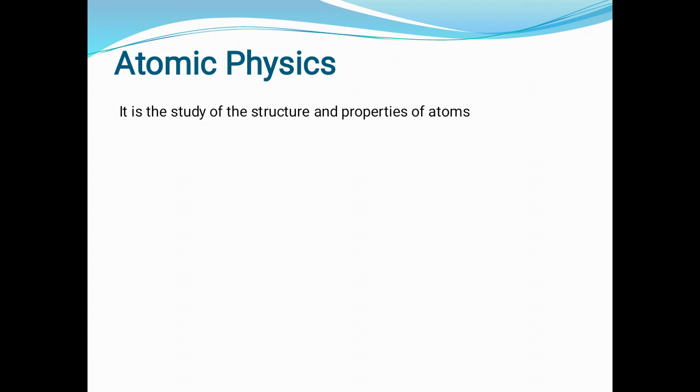Atomic physics. Atomic physics is one of the branches of physics, as you know. It is defined as the study of the structure and properties of atoms. Dear students, the atom is the basic building block of all matter. It is the structural and functional constituent unit of ordinary matter. As far as the structure of the atom is concerned, different scientists discussed and proposed it. Two famous scientists you will read about in your chemistry course: the Rutherford atomic model and Bohr's atomic structure.